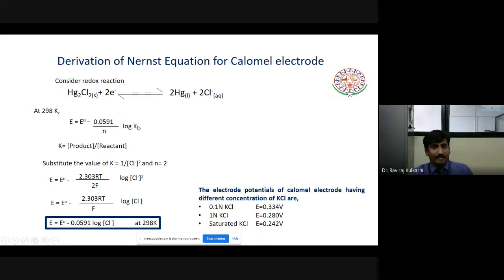You may ask me that in the Nernst equation it was positive. At that time, what we did was take the denominator to the numerator, and that's why we changed the sign there. As such, it is negative. It was 1 by metal ion, so that's the reason it was taken to the numerator and we changed the sign. Don't confuse with that. The equation is correct. And what is K? K is the reaction quotient: concentration of products divided by concentration of reactants.